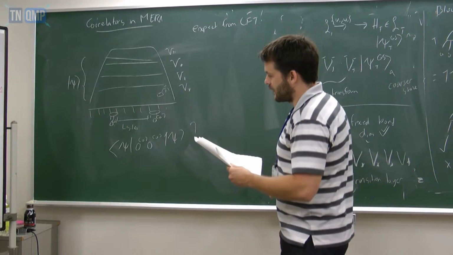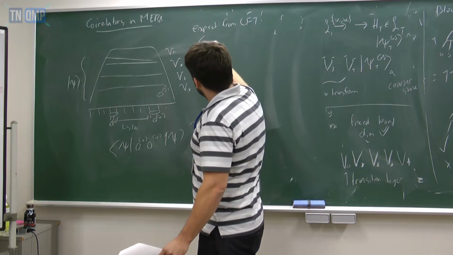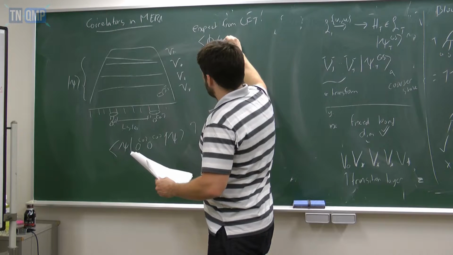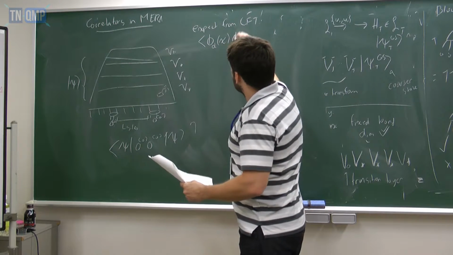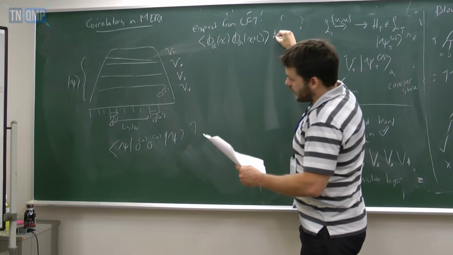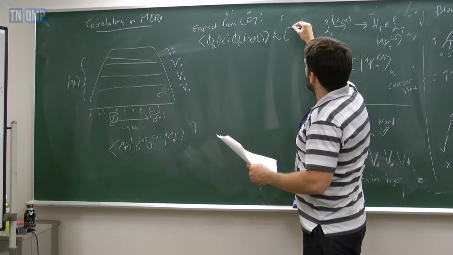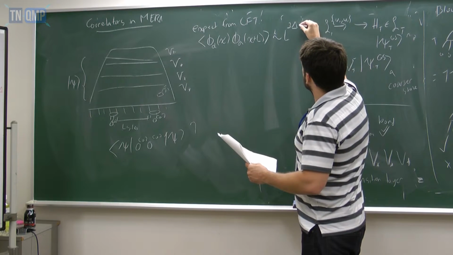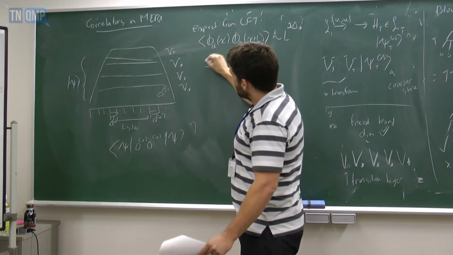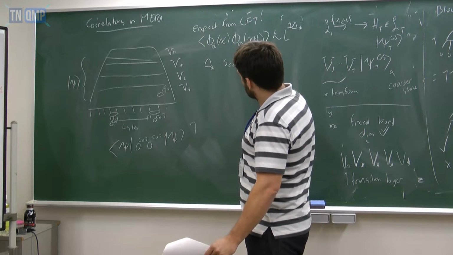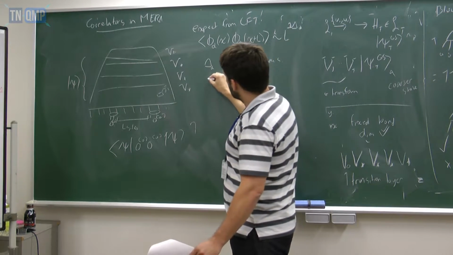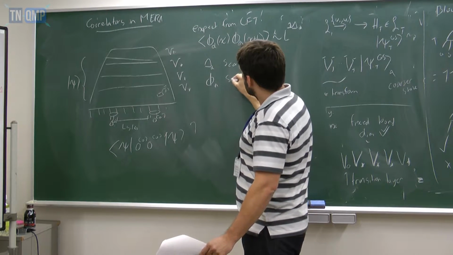There's just a very nice mathematical framework, and what we expect is 2-point correlators, say phi alpha at some distance x, phi alpha at some distance x plus L, should scale as L to the minus 2 delta alpha. Here delta alpha are scaling dimensions, phi alpha are scaling